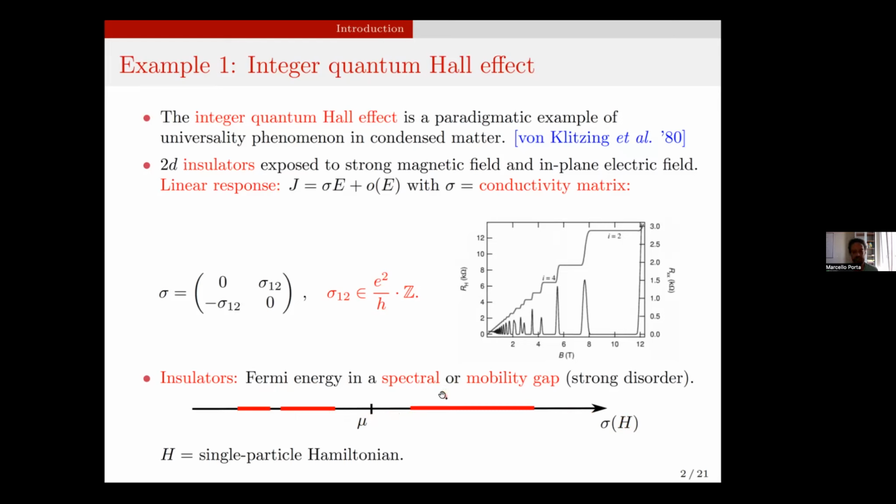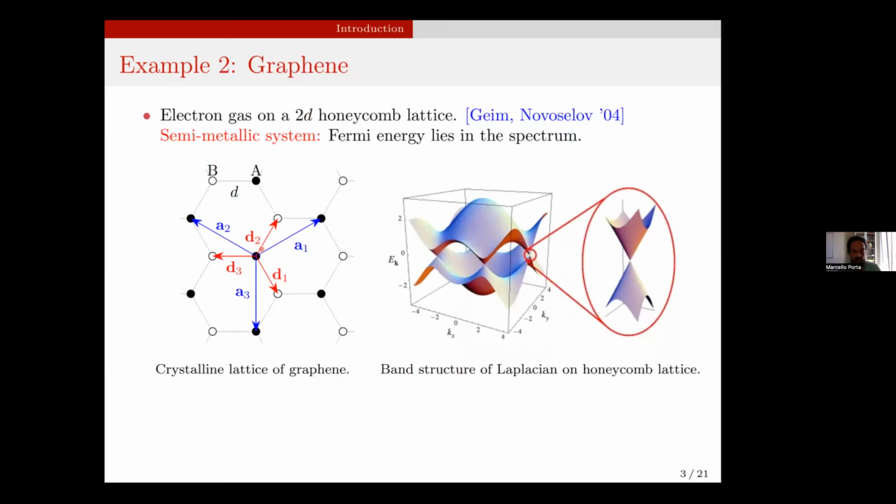And it turns out that similar phenomena also happen in different compounds, which are not insulating materials, in fact. So here I'm mentioning the case of graphene. We're again talking about a two-dimensional system. So it's one layer of graphite. And this system turns out to be not an insulator, but rather a semi-metal. So at charge neutrality, the Fermi surface of the system is given by isolated points, as one can find for a very simple model of graphene.